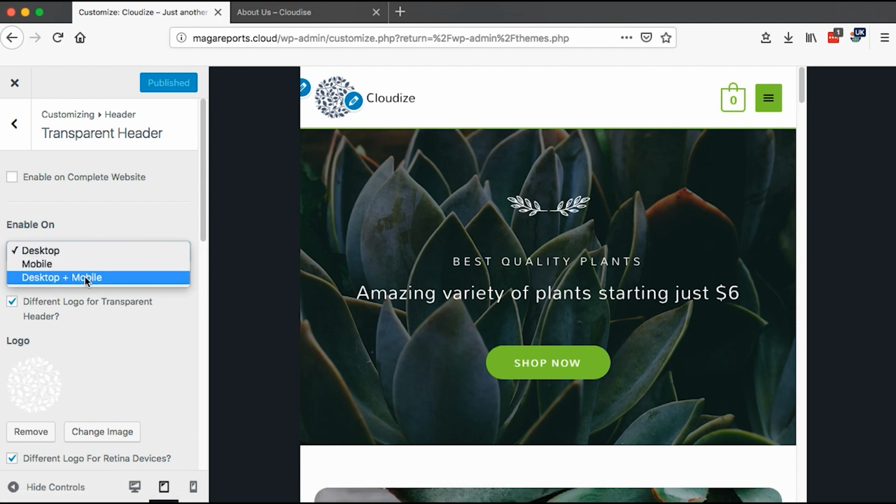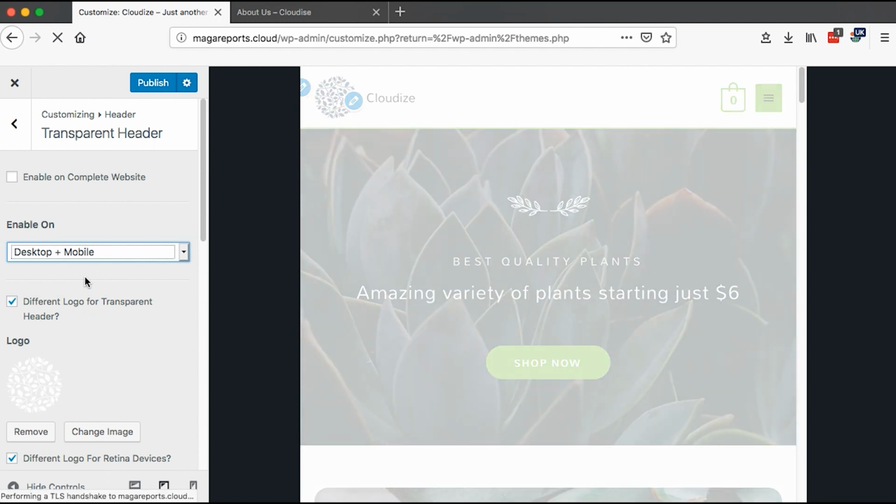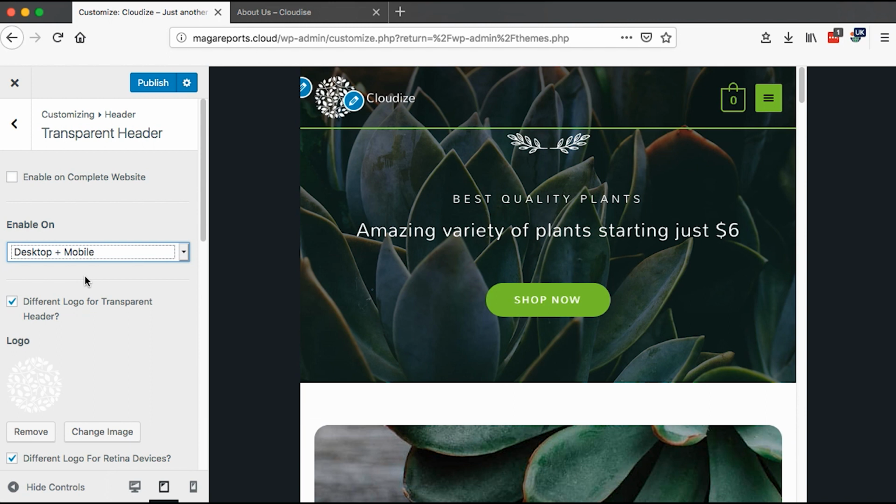But once we say here enable on desktop and mobile, you realize that we will also have a transparent header on our mobile devices from tablets. Now, this is one of the other powerful features that comes with the Astra free theme. Astra is one of those only themes in the industry that gives you the possibility to set a transparent header